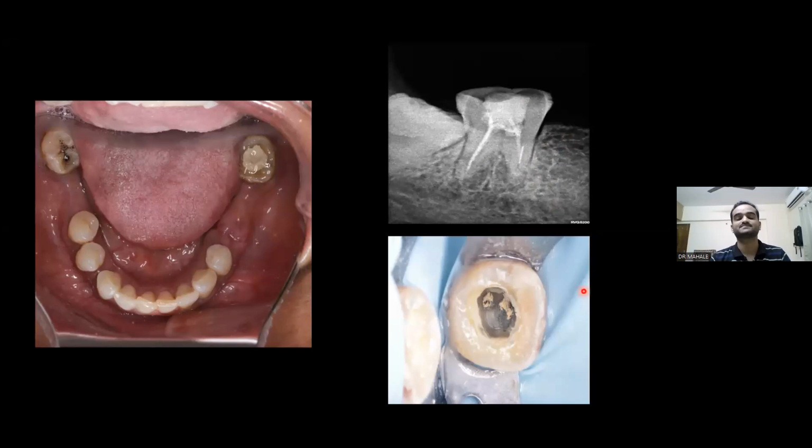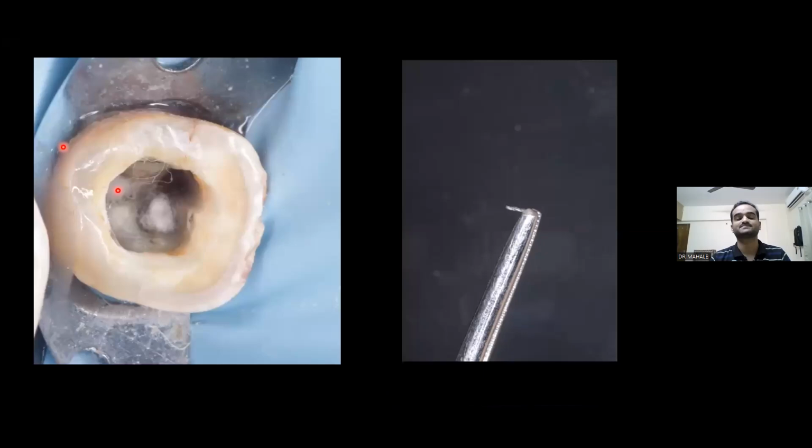Yeah. So here we attempted using the simplest and most commonly used technique, that is the ultrasonic technique. First, I removed all the GP from the canal orifice. Then I covered the orifices with cotton, and then used all the steps as I explained in the ultrasonic retrieval technique. That is, first using a GG drill to enlarge the canal, then used